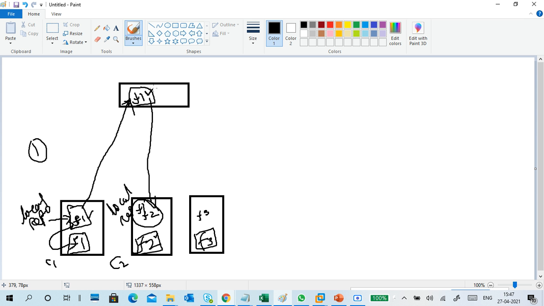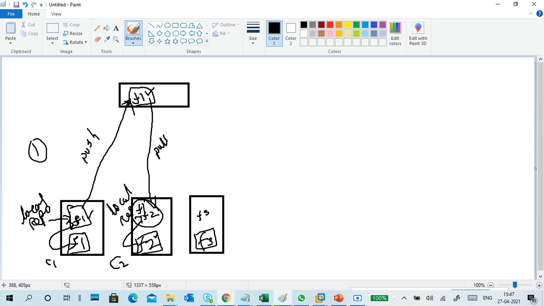In the central repository, the F1 file is there, but here I have an F2 file in my working directory. I pull it from the central, and I add F2 to my local repository.